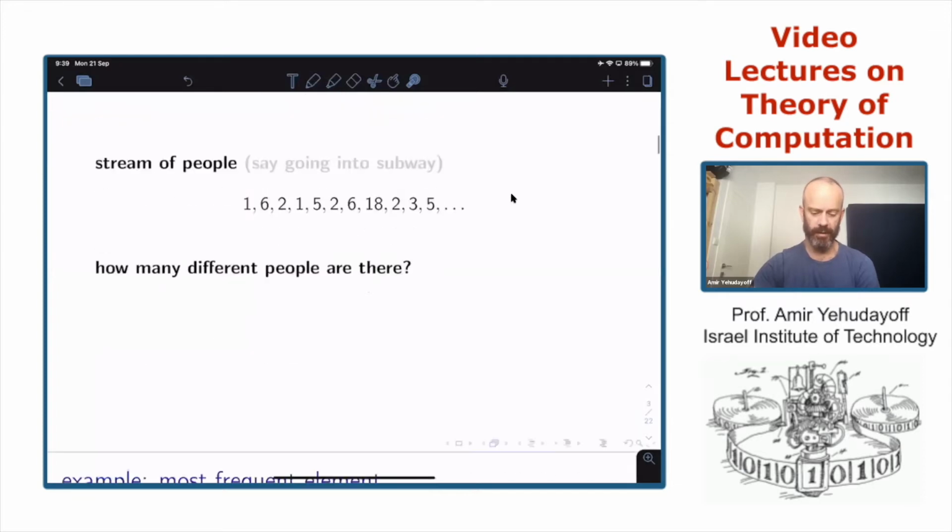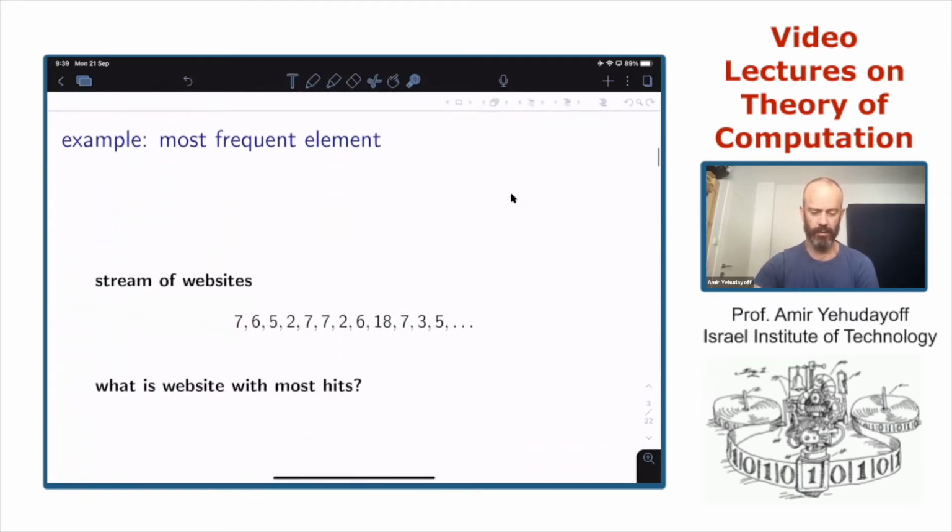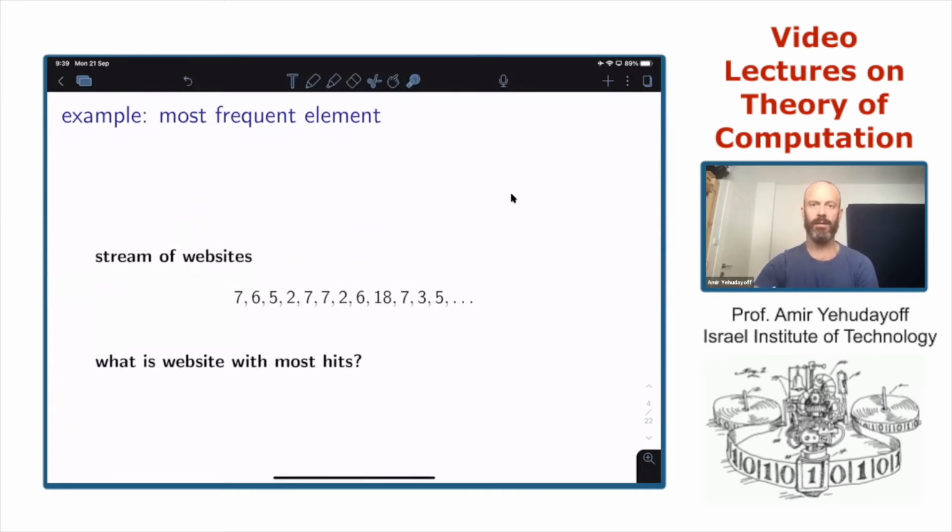Okay. The second example is slightly maybe easier to solve. Here, the stream again is a sequence of numbers, and we think of each number as a name of a website or address of a website. And the question we want to answer, for example, is what is the name of the element that appeared the most? What is the name of the website that was visited the most?